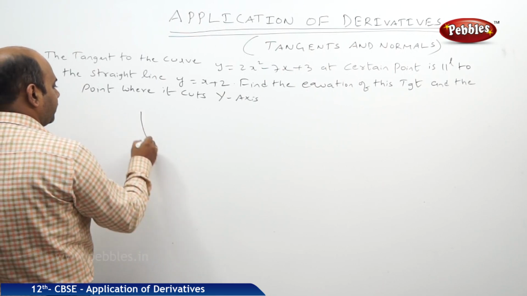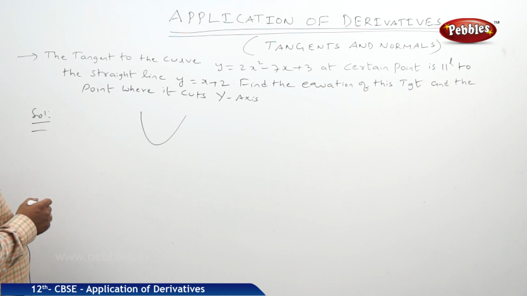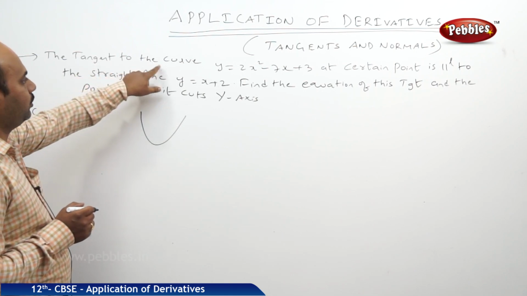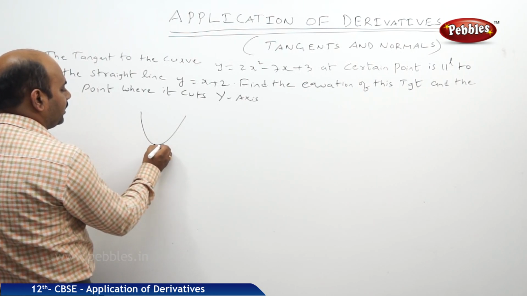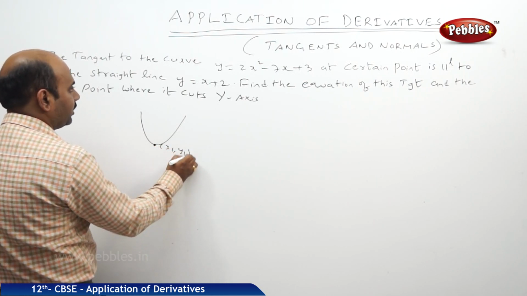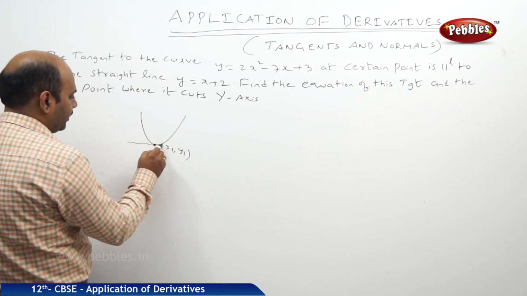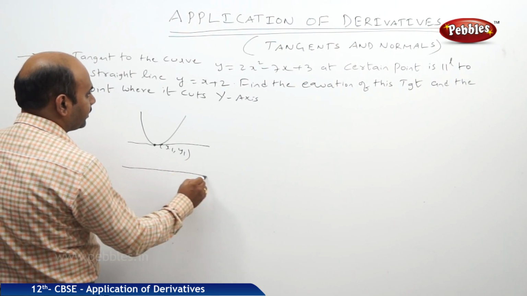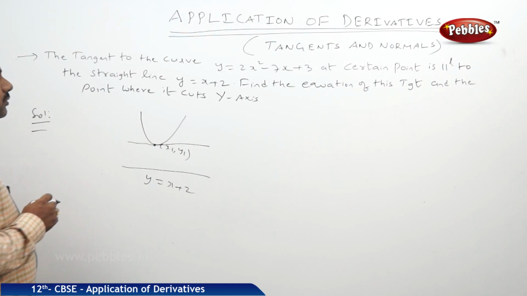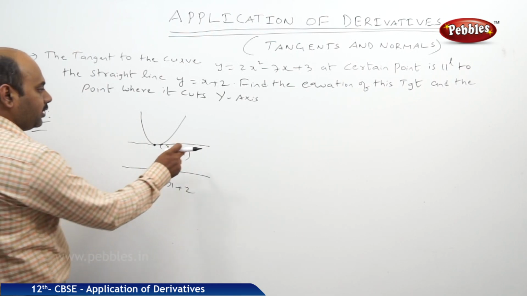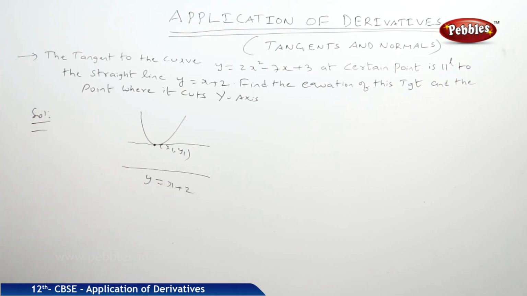That means it is a parabola which is opening upwards. And now we shall read the question. Tangent to the curve at a certain point. Let that point be x1 comma y1. The tangent at this particular point is parallel to the line y is equal to x plus 2. We need to find this particular equation